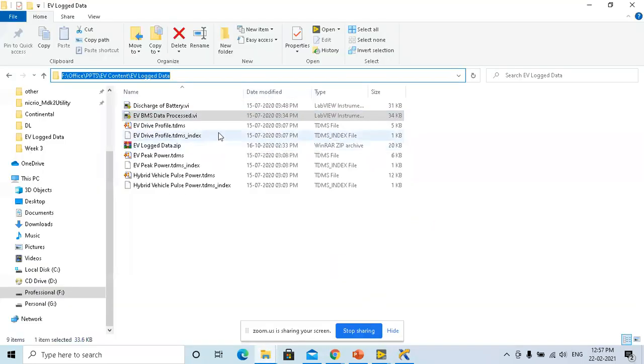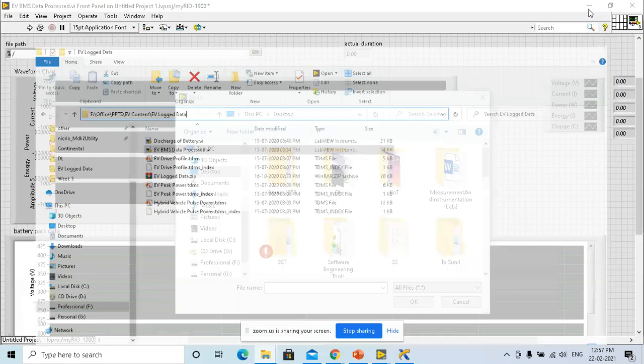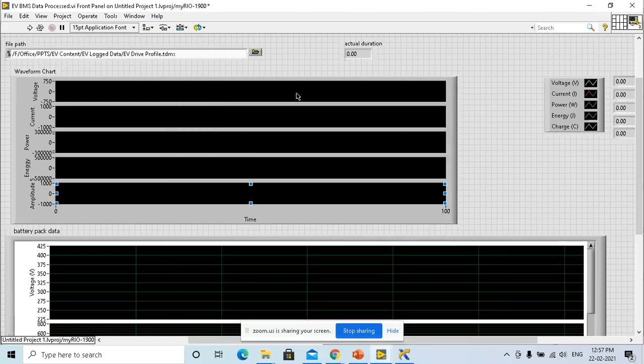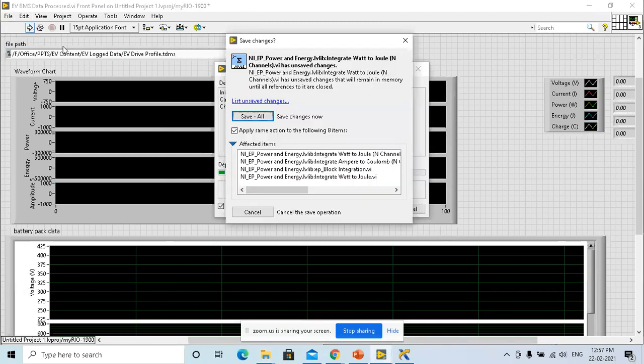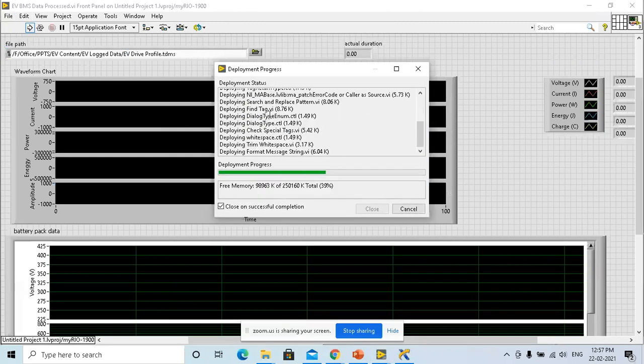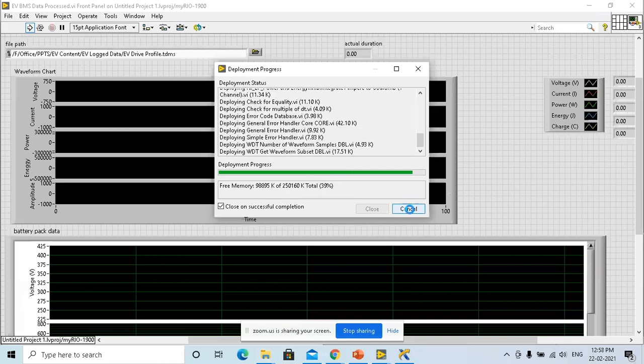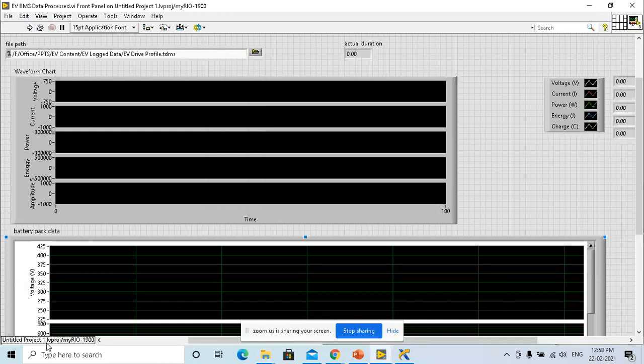So we have different drive profiles of different battery consumption. So the EV drive profile, which if you run... oh, one second, this should be running on the computer.